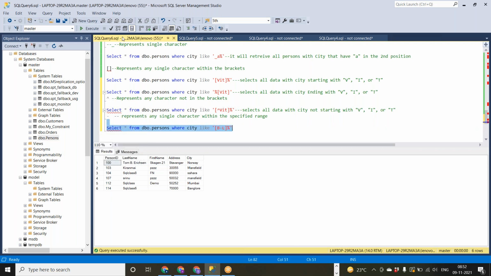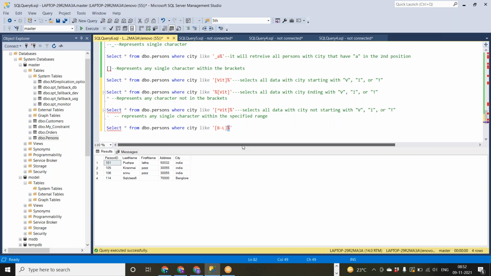Okay. So I am telling my query that city should start with any letter which ranges from B to L, and ending is not in my requirement. So I'm specifying the percentile, but B to L I'm saying my city can start with any letter in between this range.